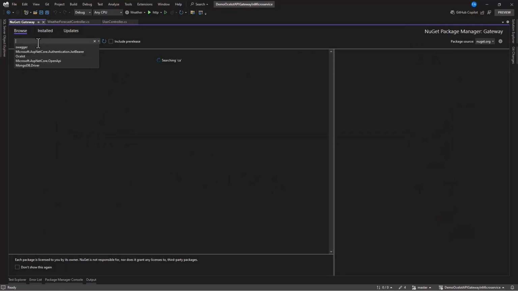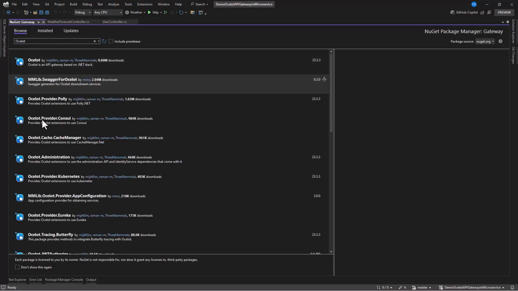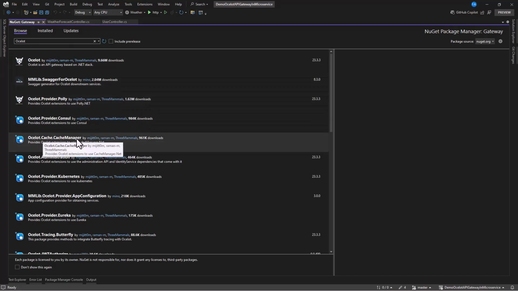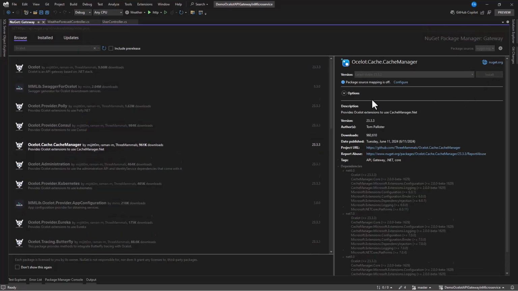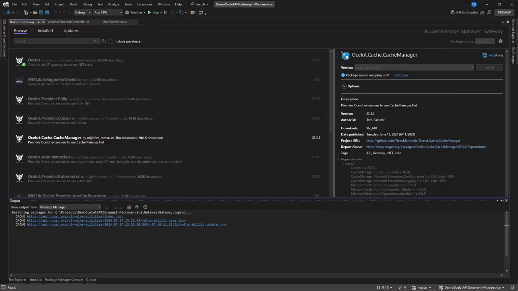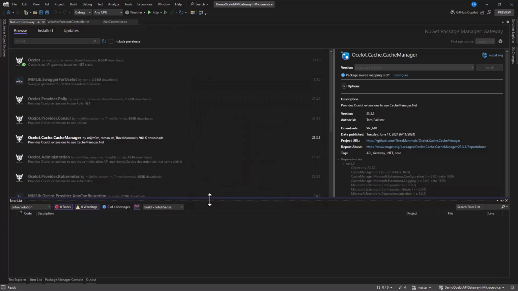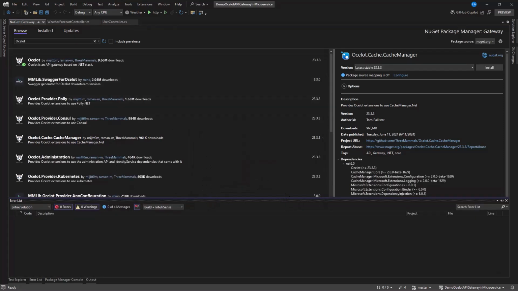We need Ocelot.Cache.CacheManager. We need to install this package, so click on install. Alright, so we have this package installed.